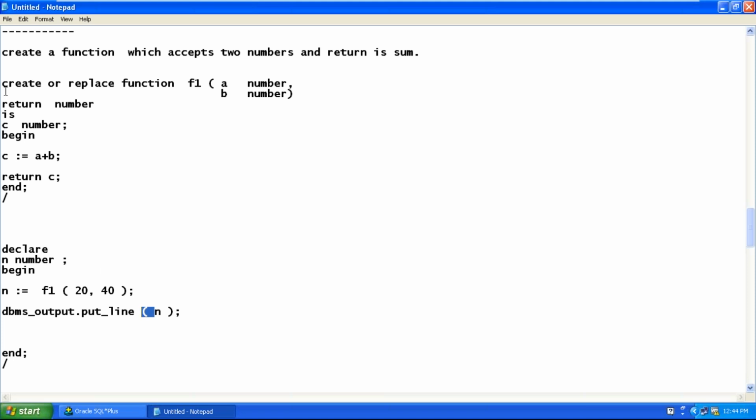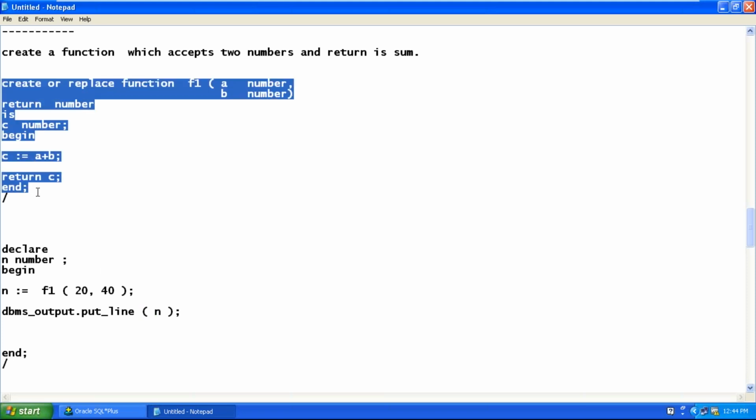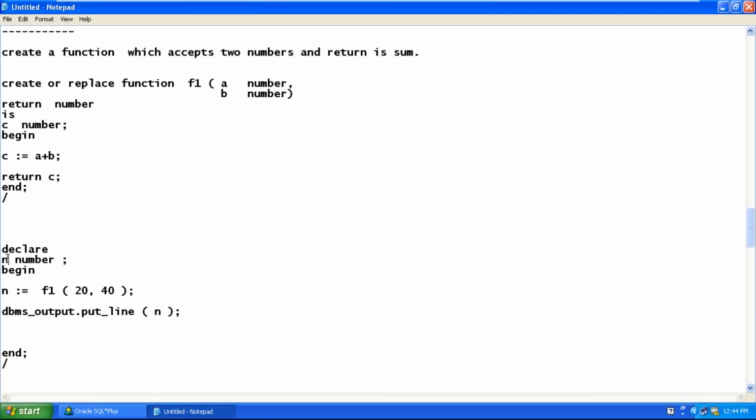But when we are executing it, we take the help of n to store the result of A plus B. C will not store the value. C just returns the value.